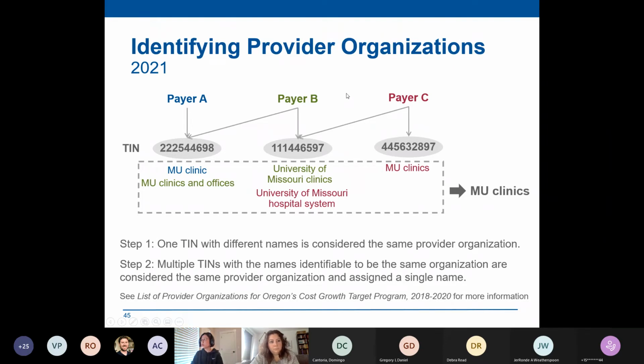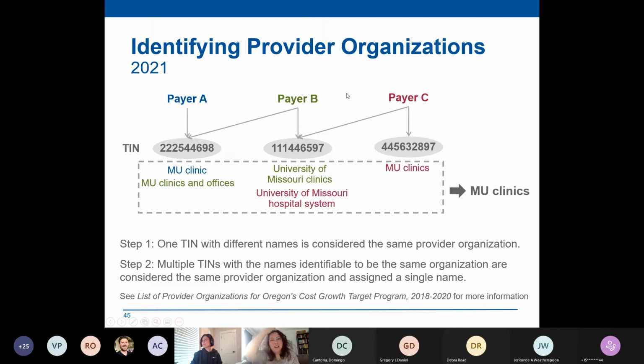I just want to say that this is not the finalized list of the provider organizations that will be reportable or accountable, because we still need to reach out to provider organizations to make sure our list is correct, or whether we missed any, or whether any are being misreported. So that's just for us to do the provider outreach, but it is not a finalized provider organization list.